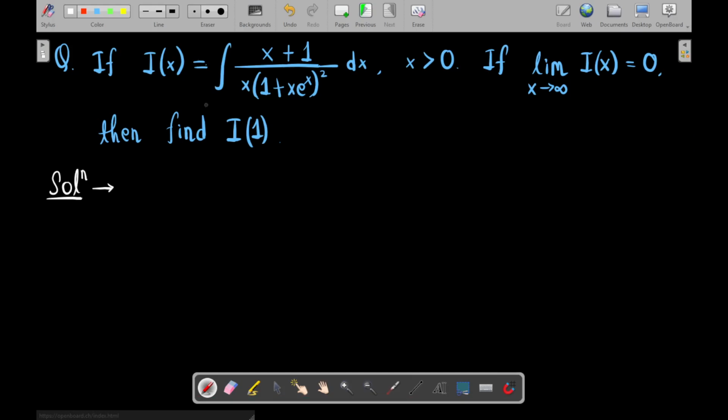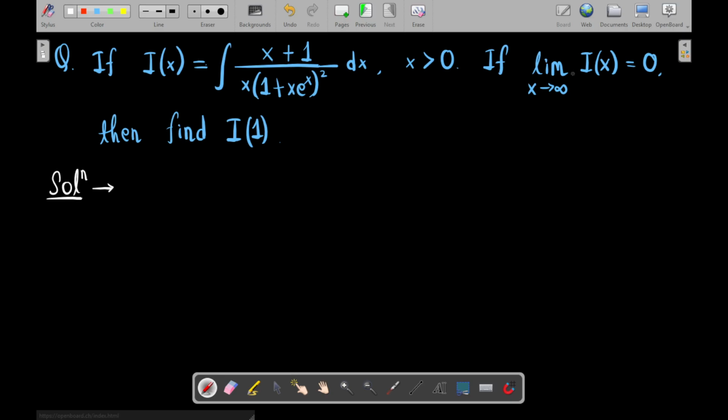Hello everyone. In this question, it is given that if I(x) be a function which is the integral of (x plus 1) upon the product of x times (1 plus x times e to the power x) whole squared, where x is greater than 0, and the limit of I(x) as x tends to infinity be equal to 0, then we have to find the value of I(1). Okay, so basically this is an integral, and the answer of this integral is the function I(x),